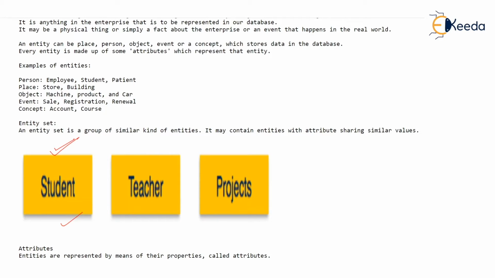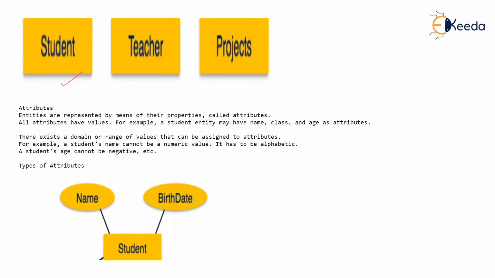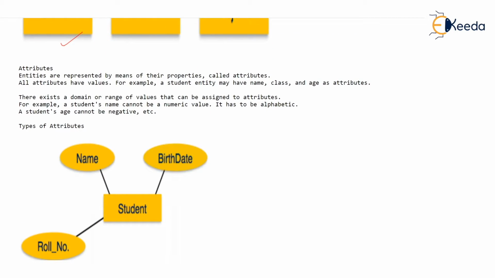Inside that we write the names. Now, how are attributes shown? Attributes are shown in the form of ellipse, and in the ellipse we write the attribute. For instance, you read this particular diagram as student is an entity, isn't it? Student has name, student has birth date, student has roll number, isn't it?